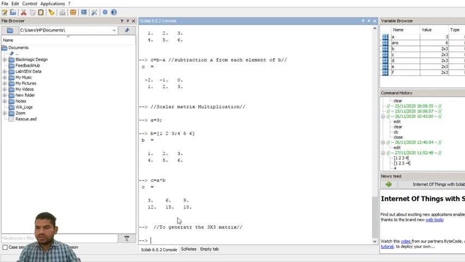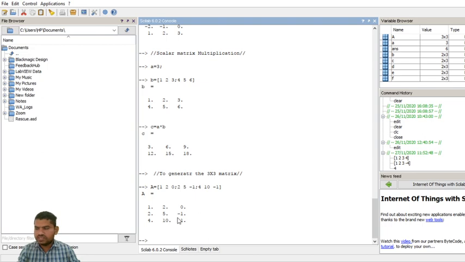To generate the 3 by 3 matrix, A is equal to 1 comma 2 comma 0, 2 comma 5 comma minus 1, 4 10 and minus 1. This is one matrix.